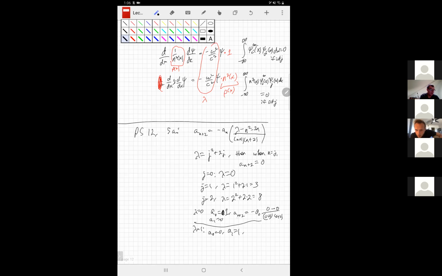Well, as soon as a_0 equals 0, then the same can be said of a_2, 4, 6, 8, and whatnot. a_3, oh, sorry, lambda should be equal to 3, my bad. a_3 would be minus a_1 times 3 minus 1 squared plus 2 times 1. So 3 minus 3 is 0 over